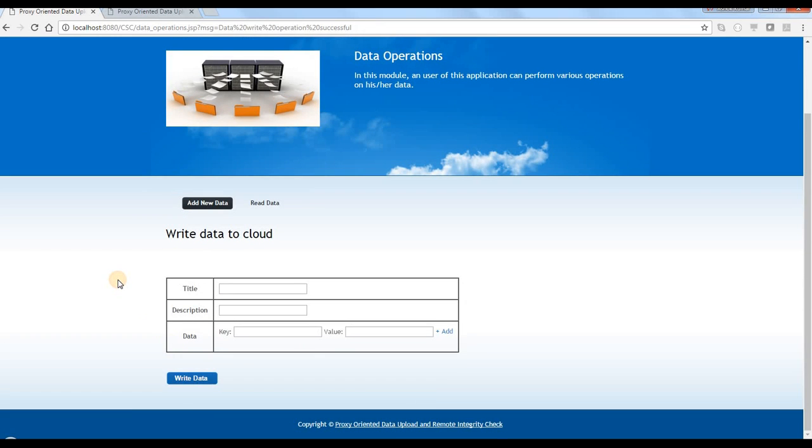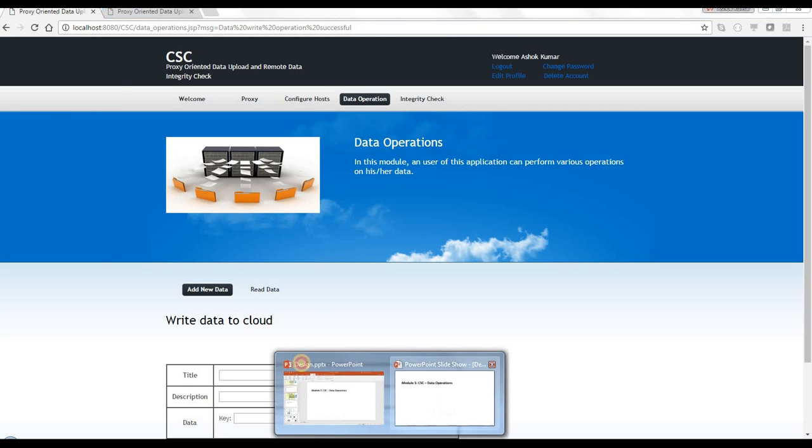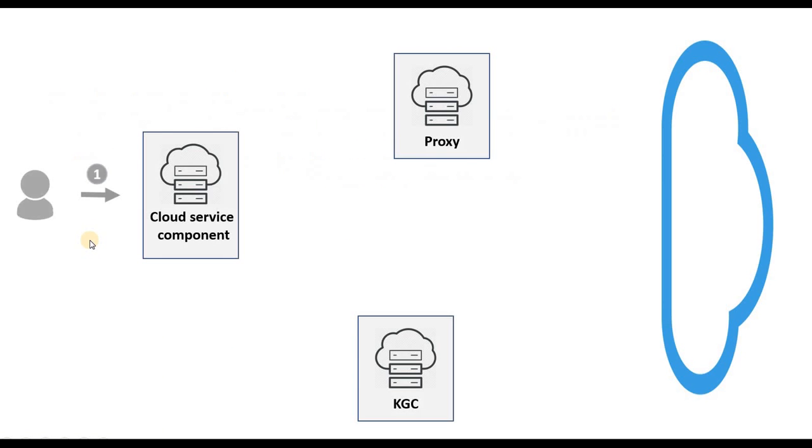So now the data write operation has been successfully done. You can see the message, data write operation successful. Okay, so you have to go to the project flow diagram and understand how the data write operations will